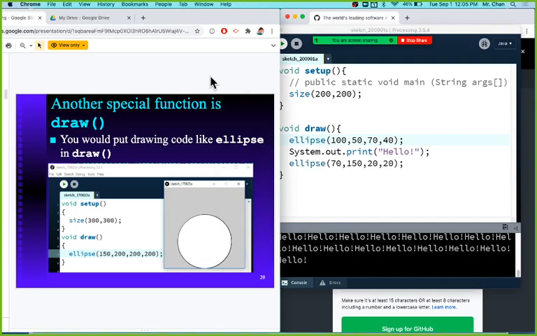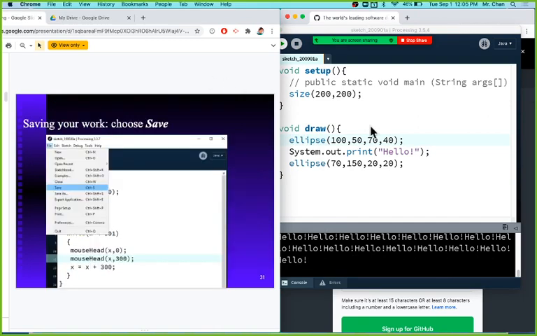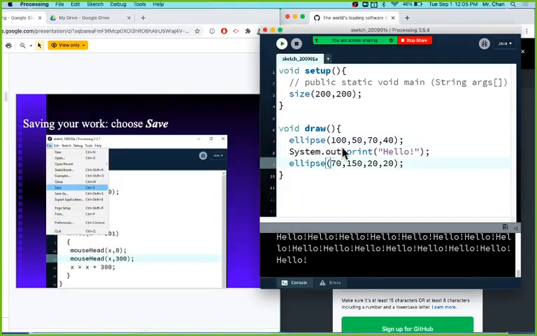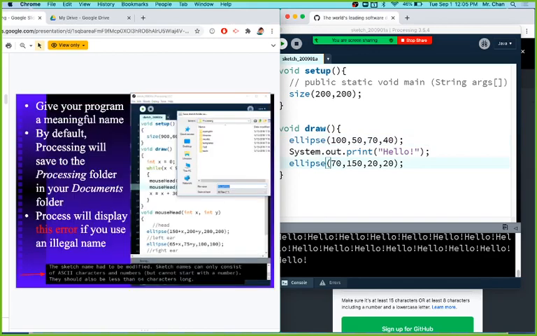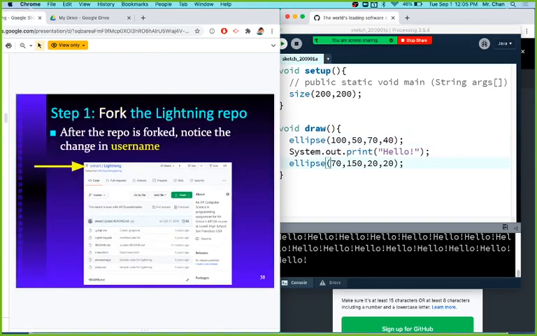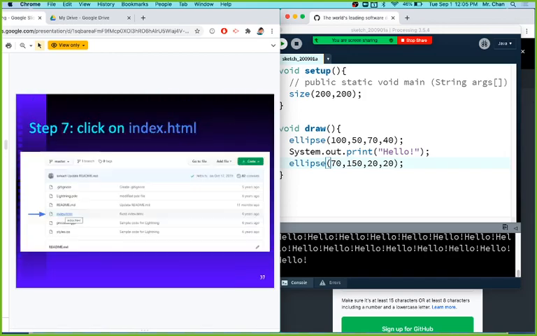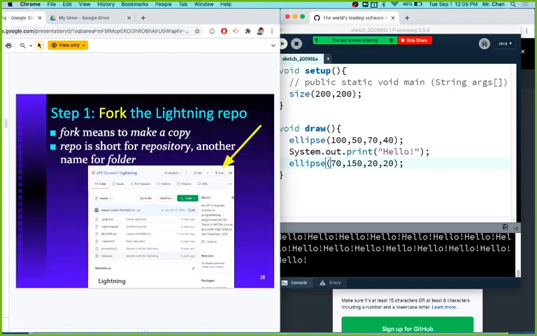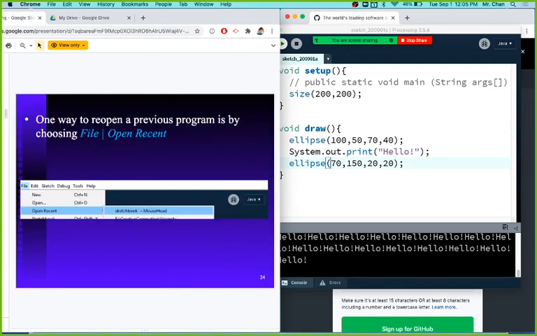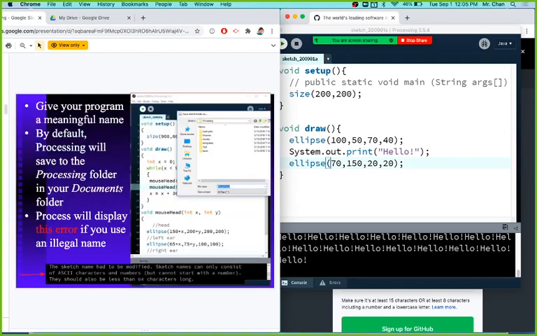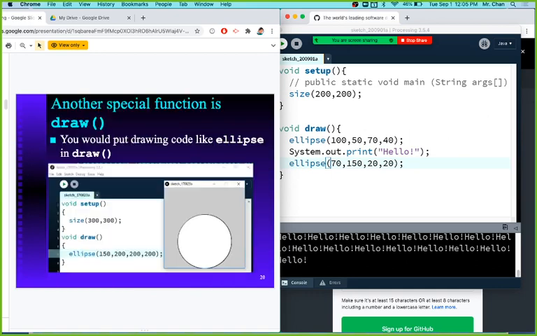Good question. Let me look through the slides again. Do we have an example of that? No, we talk about GitHub first. So it looks like we'll continue the nuances of draw in a bit. You have the skeleton of where you need to place your code, so then let's get